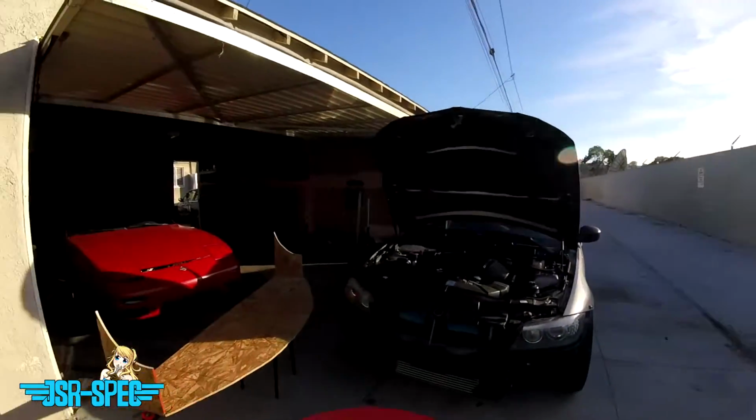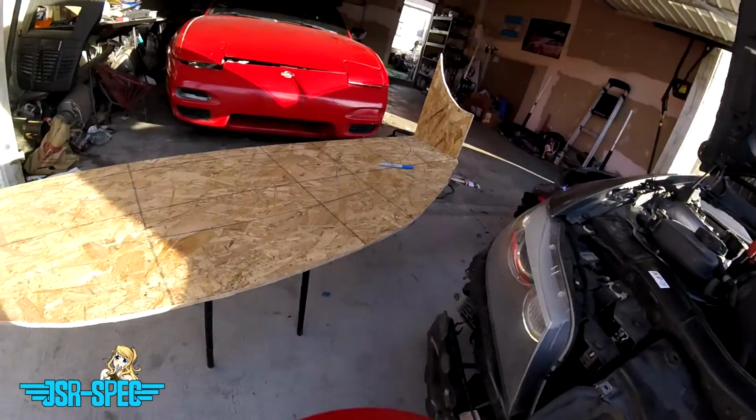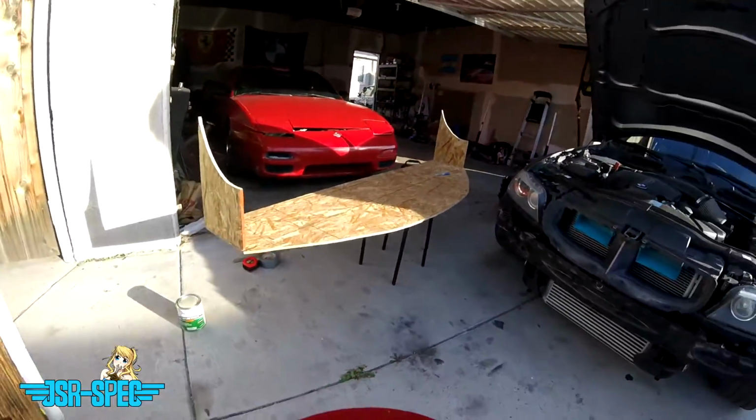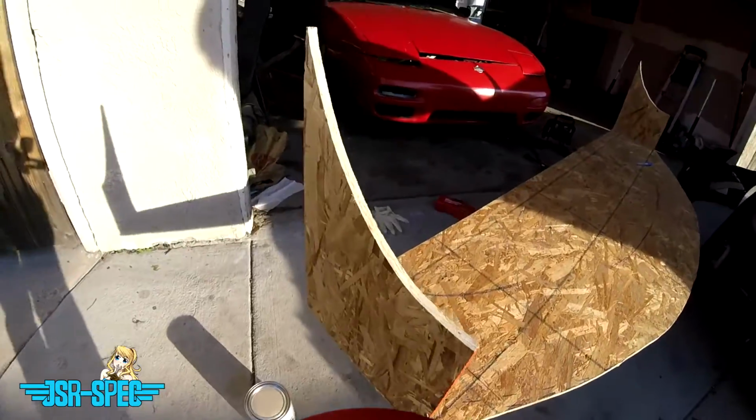Well guys, the end plates are now mounted on. As you can see, there's this one and that one. So, looks pretty good. I messed up pretty bad because